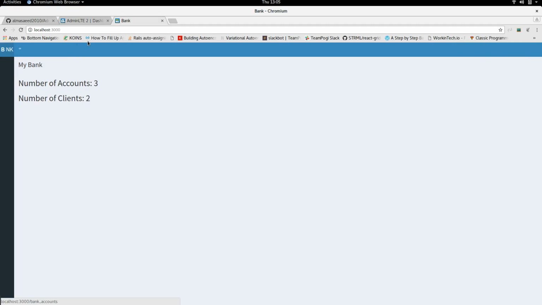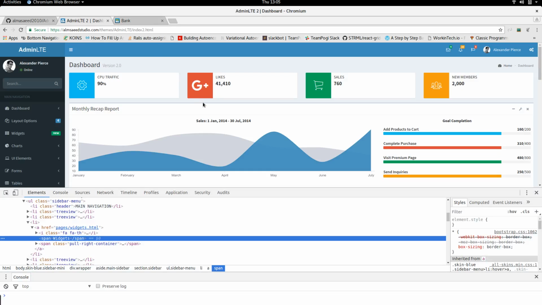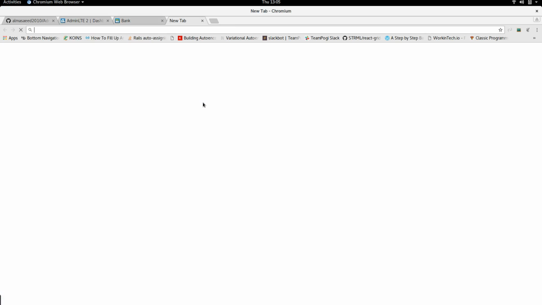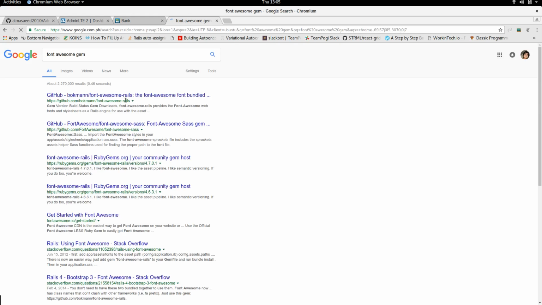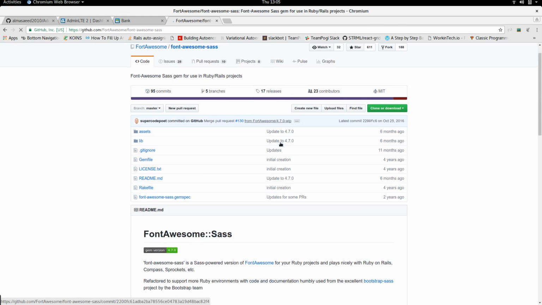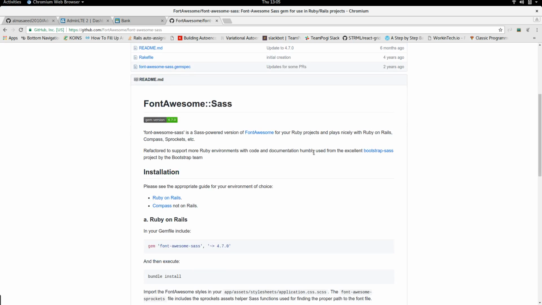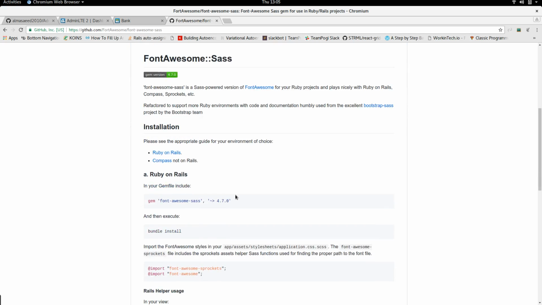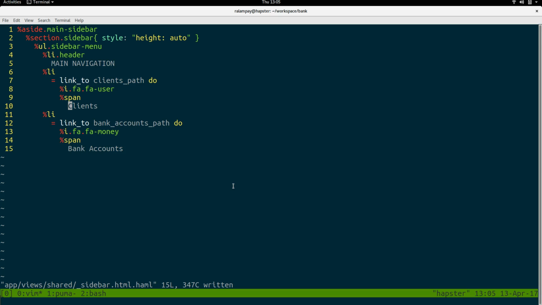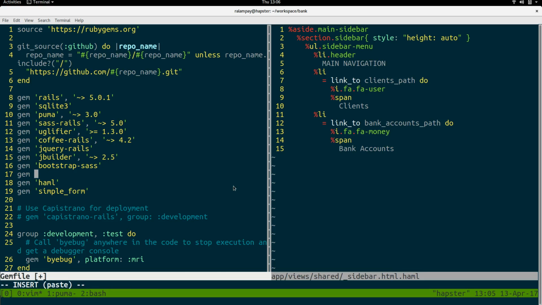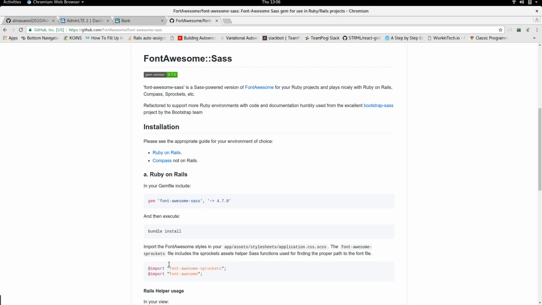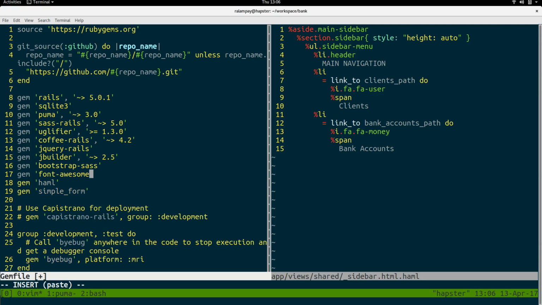Okay, so I need to have Font Awesome installed, and the easiest way to do that, I believe, is to use the gem, the Font Awesome gem, or the Sass gem for Font Awesome. Okay, I think this is the thing I use most often. font-awesome-sass, right? So it's only the Admin LTE framework that I don't include manually. But these things are pretty stable. Font-awesome-sass. I'll probably have to migrate this though